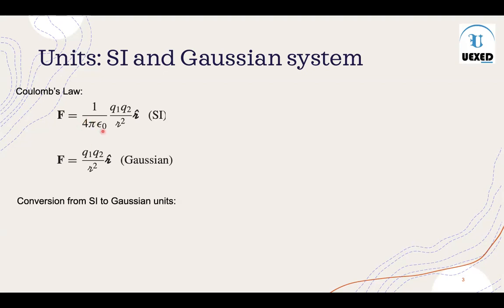if I wanted to convert from one unit to another, from SI to Gaussian units, then what we have to do is simply replace this epsilon 0 by 1 over 4 pi. So the moment you replace this epsilon 0 by 1 over 4 pi, you will see that you get the Gaussian unit. Okay. So let's try to have some understanding with some other expression. So let's suppose you have a